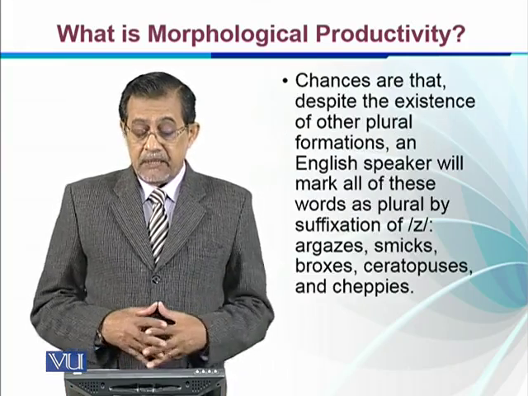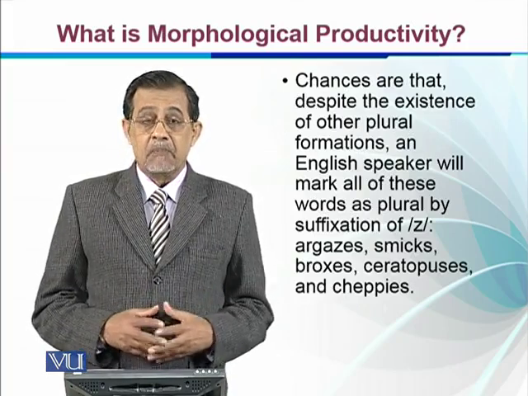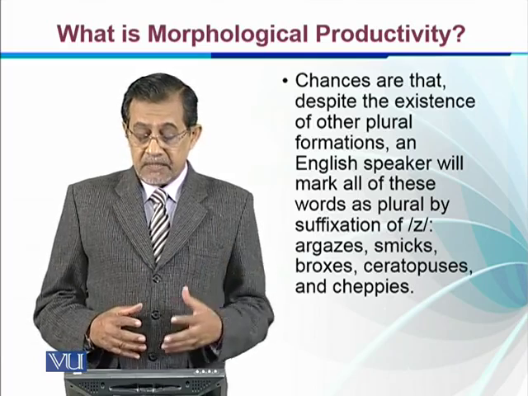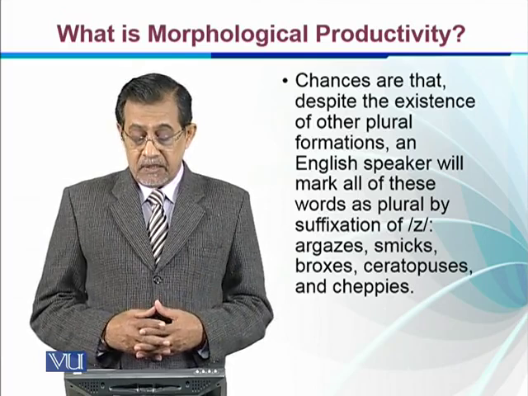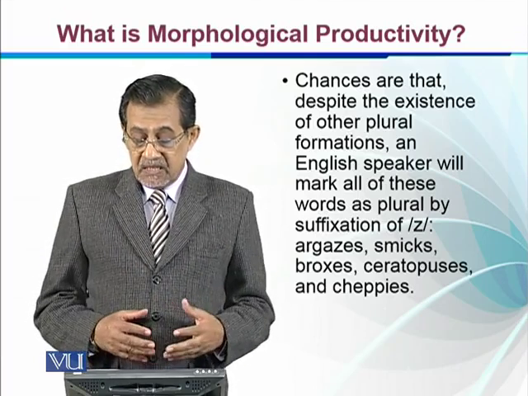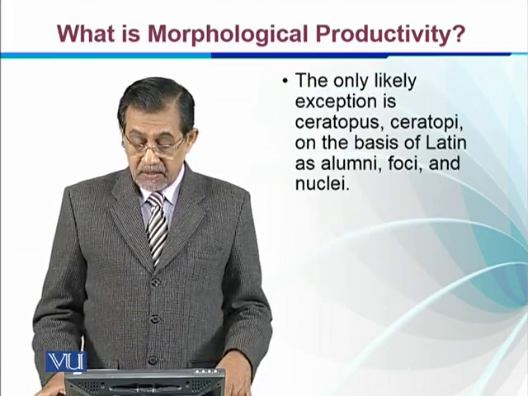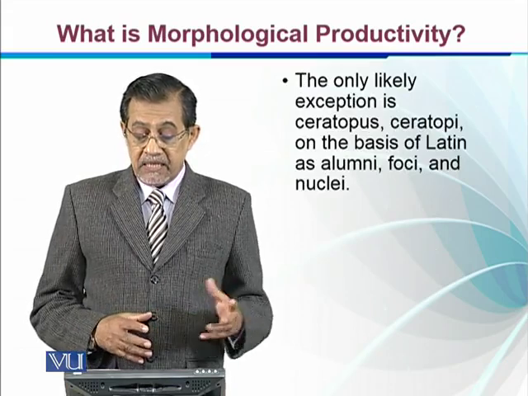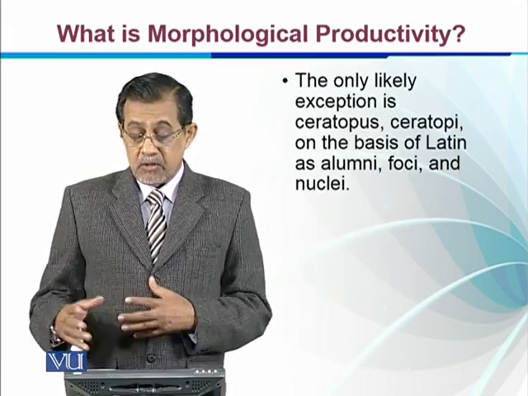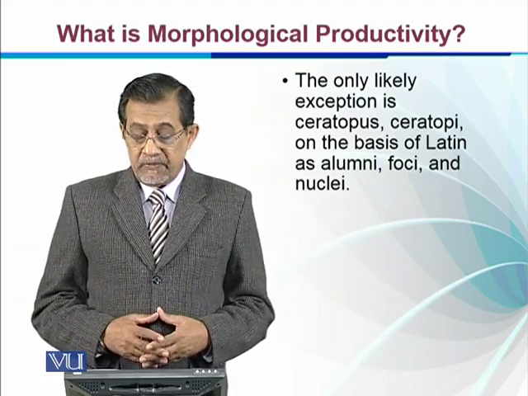Chances are that despite the existence of other plural formations, an English speaker will mark all these words as plural by suffixation of z: argazes, smicks, broxes, ceratopuses, and cheppies, etc. The only likely exception is ceratopus to ceratopi, like stimulus, stimuli, on the basis of Latin,